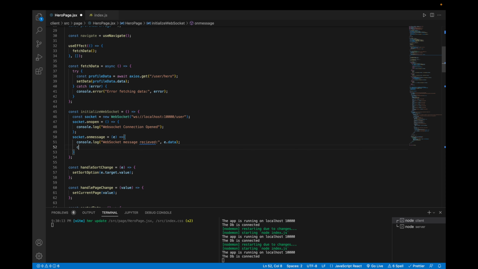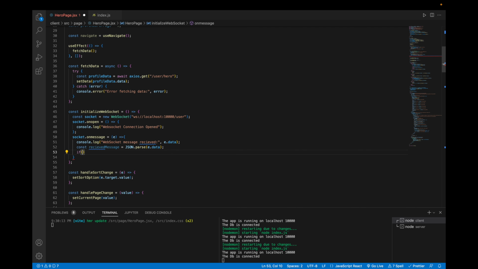So here we're gonna say const receivedMessage is equal to JSON.parse, because we stringified it on the backend side. So if receivedMessage.type is equal to online users,